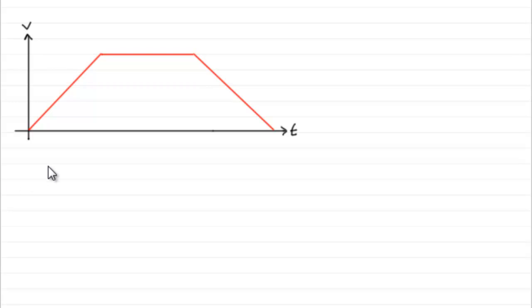Hi, now what I've got here is a velocity time graph for a train leaving a station, building up speed at a constant rate, then it goes at the same speed and then starts to slow down at a constant rate to stop at the next station. Now, a graph like this isn't really very realistic